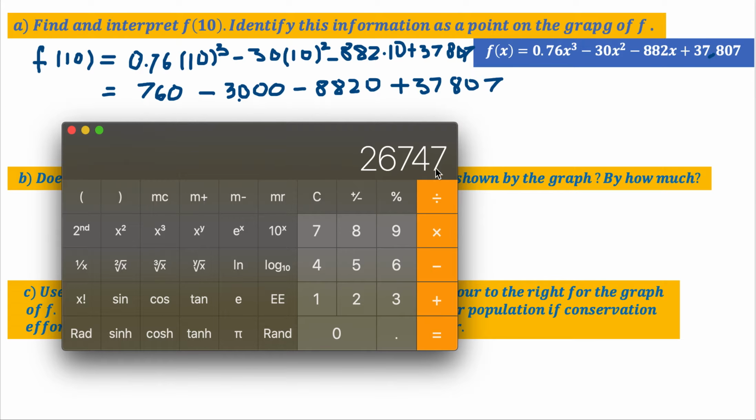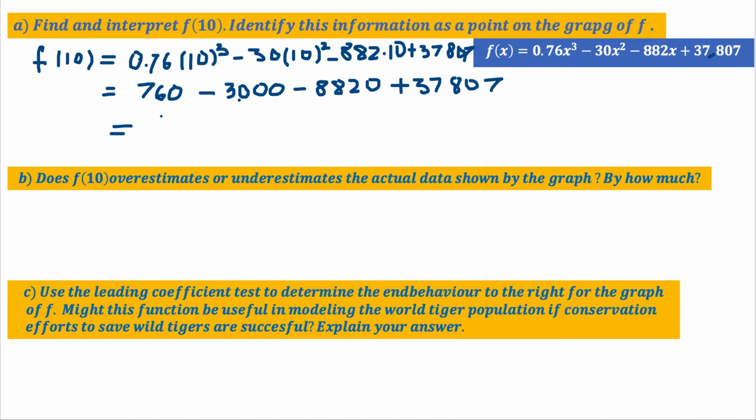And the number is 26,747. So according to this function that models the decrease of the population of tigers, in 1980 there can be